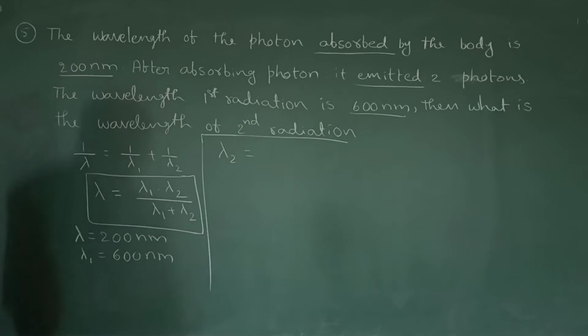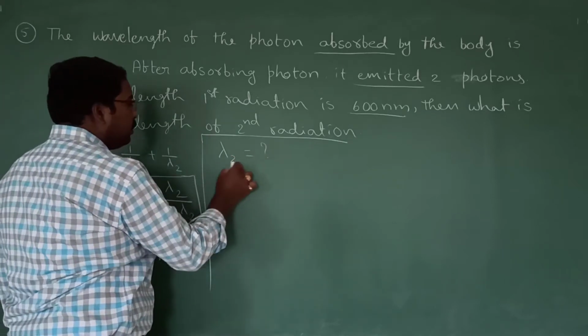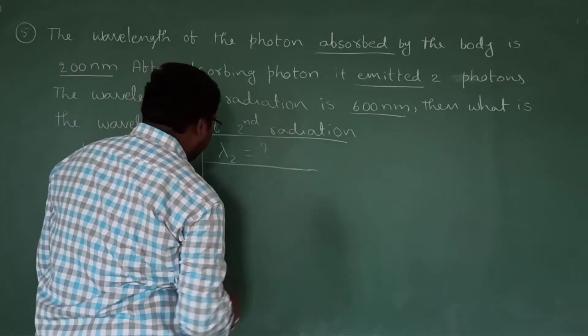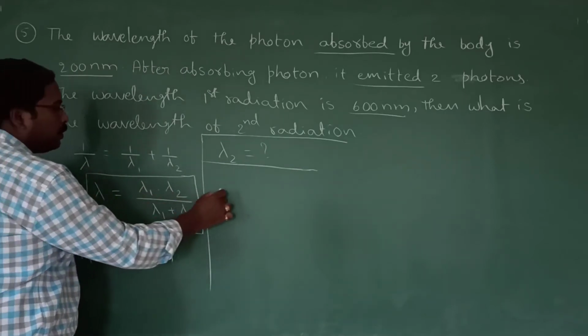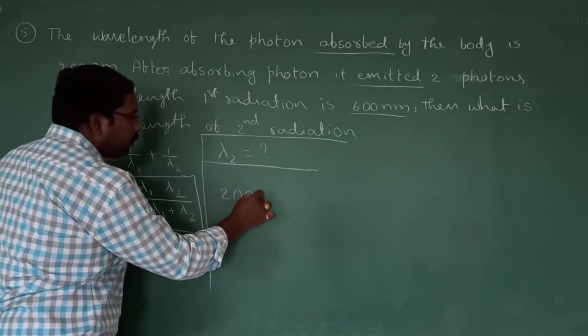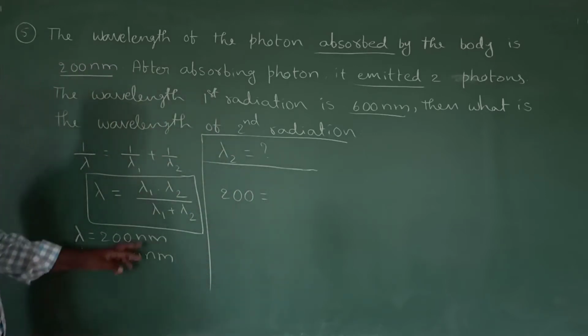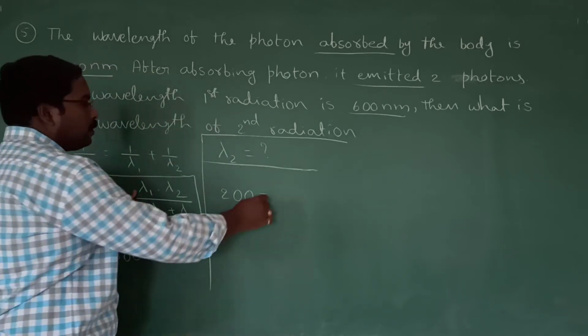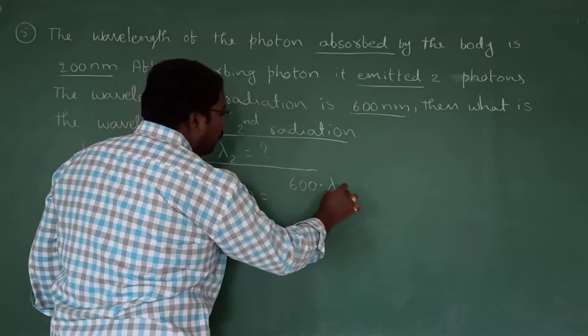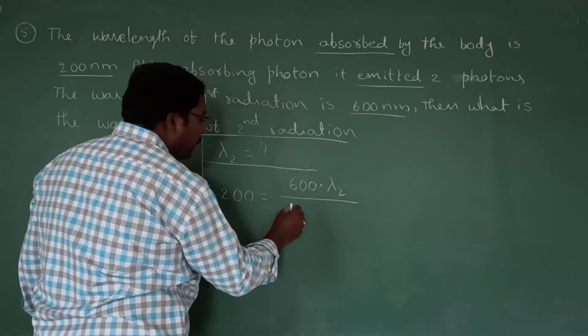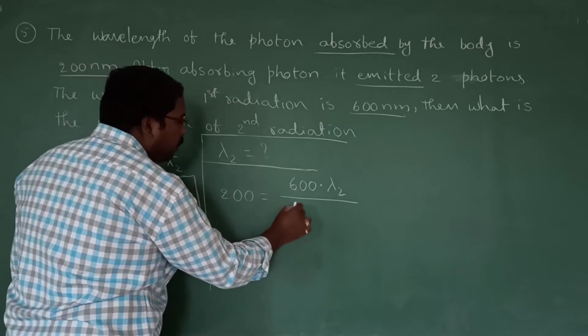This one we need to find. Now let us substitute in the formula. Lambda is equal to how much? 200. Lambda 1 value 600. Lambda 2 we don't know, divided by